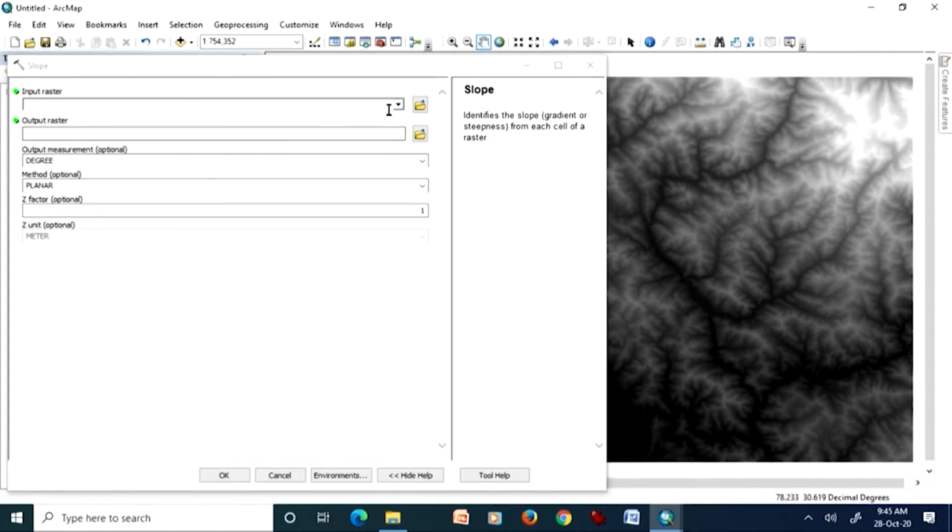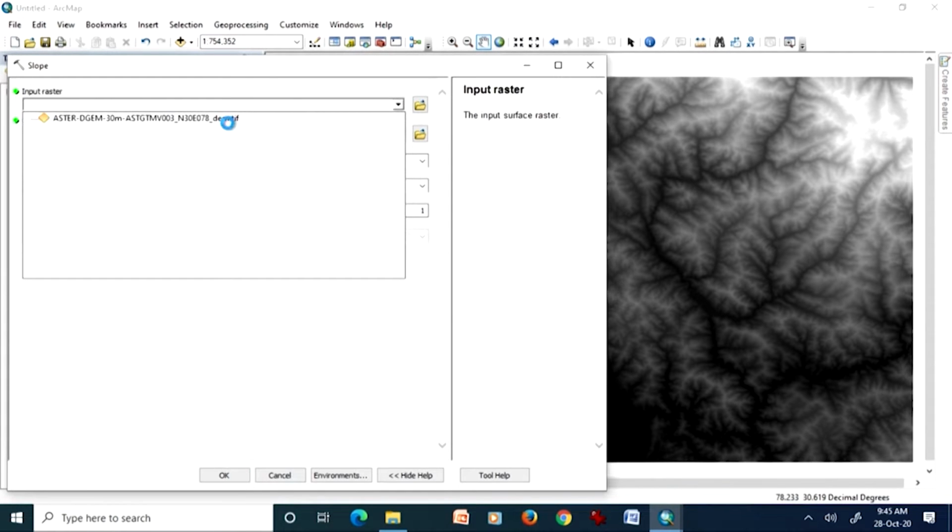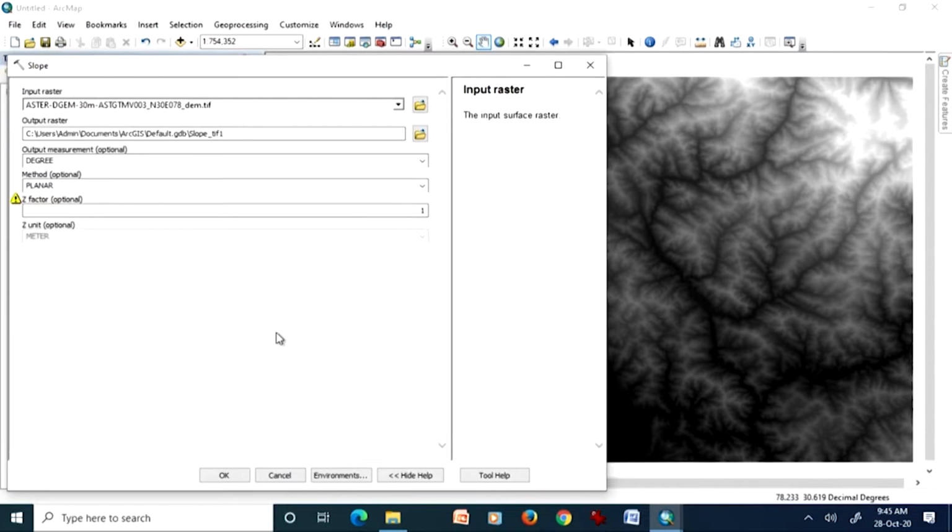we will add this digital elevation model, which is being displayed here, as our input raster, and then we will choose one out of 2 methods, either planar or geodesic. Of course, you have to provide where the results will reside. So I accept the default folder, and the output is going to be in degrees, and the method is planar. So first we will do it with the planar method, and if by mistake